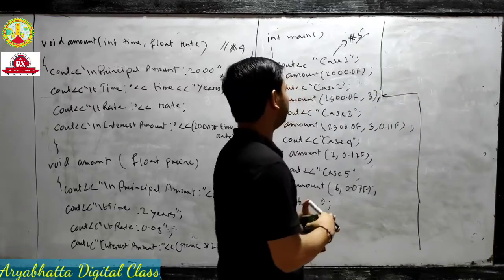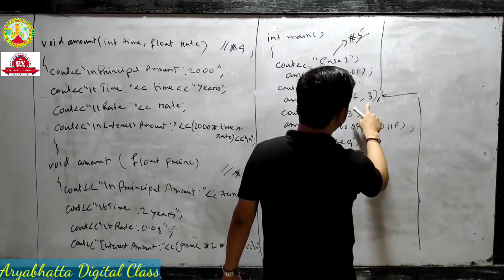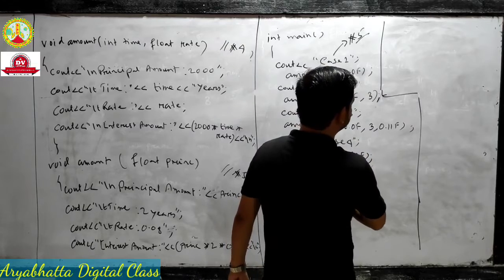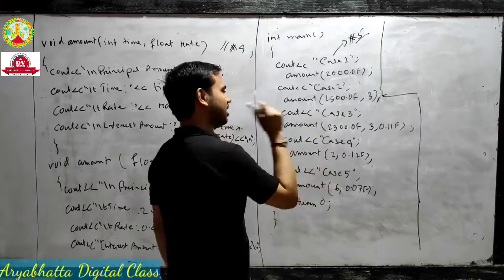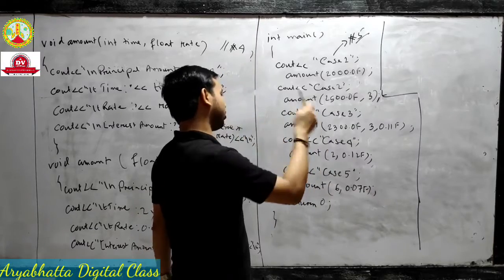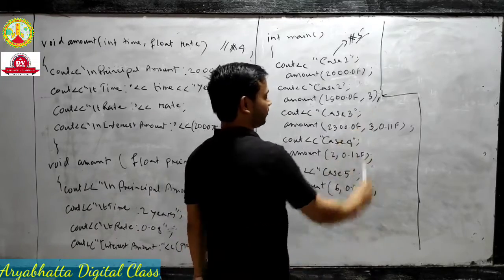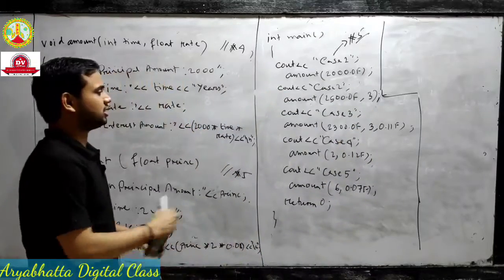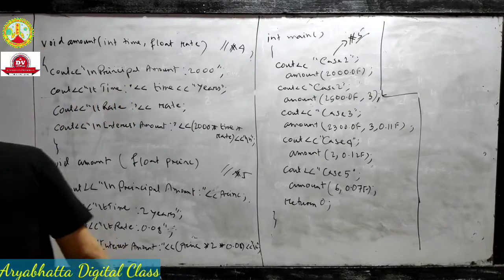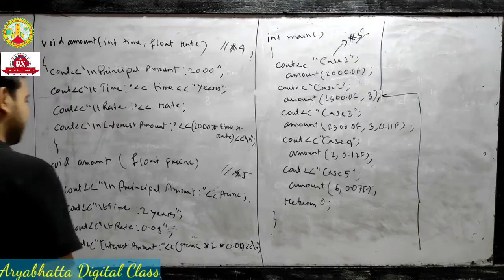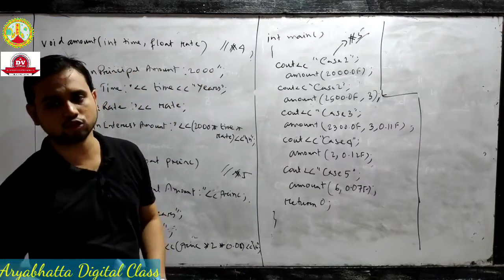Case 2. Now case 2, you see, which value is here? Principal amount, and 3 means time, because time is an integer. And for the principal amount, I again tell you that 2500.0f means a float value, float data type, and 3 is for time. And which function has only the rate value? The rate value, I already erased what you see in your copy. Rate value is only in function 2.